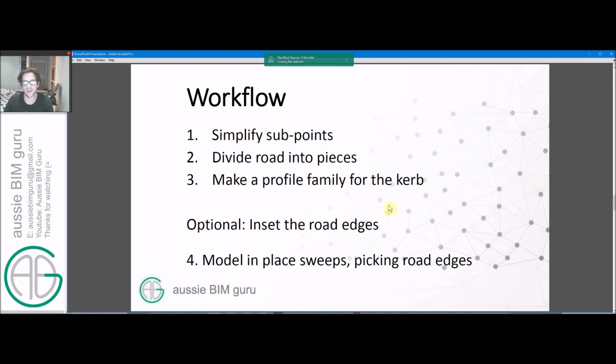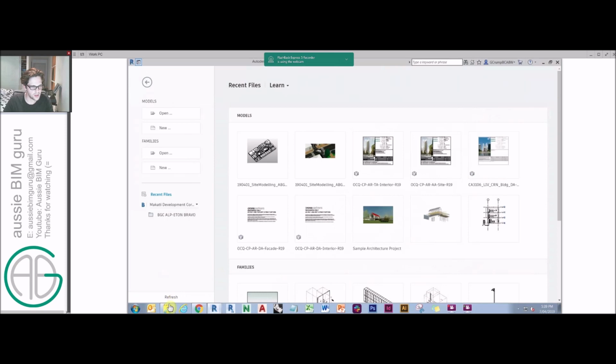And you can also inset the edge of the road if you want. This is if you want your curb to sit lower than your road, which is actually in real life typically how that would go. But for a high level site model, I find it easier for the road to actually match the edge of the topo, which is currently representing the paving, because the curb will sit in from that typically. So if I just open up another demonstration model